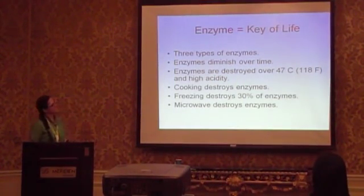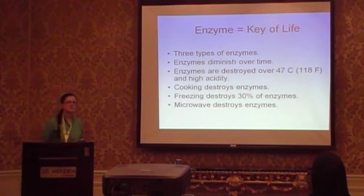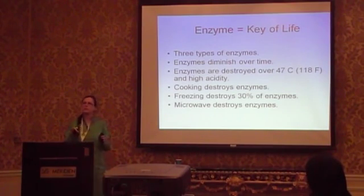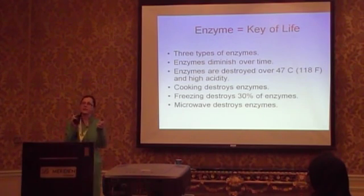Enzymes. We have three types of enzymes. First type of enzyme is enzymes from the food. Every food, living food, has its own enzymes. Second group of enzymes are digestive enzymes from pancreas, from stomach, and